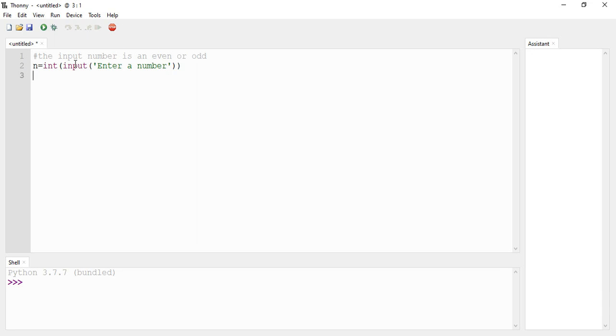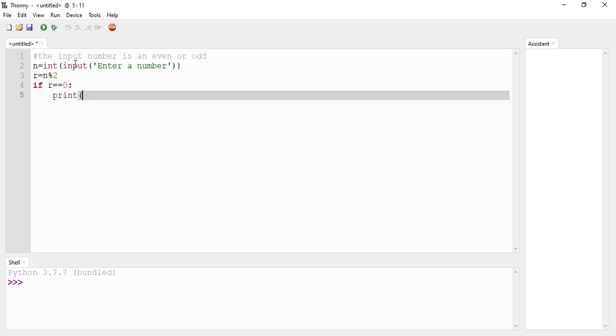So you have entered a number in n and you want to find the remainder, otherwise how will you detect that the number is even or odd? You need to find the remainder. If the remainder is 0, it means the number is divisible by 2, that means it is even. So n % 2 will give you the remainder by dividing by 2, and the remainder will be stored in r. If r is equal to 0, then you can say this number is even. Print